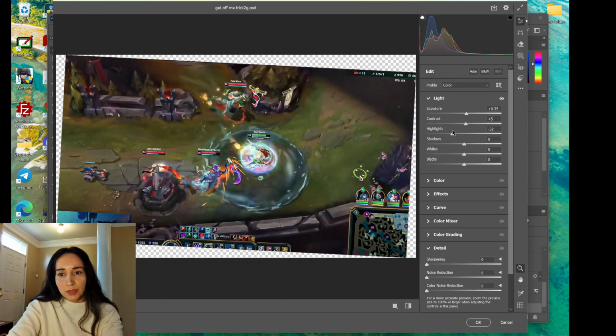Highlights, you kind of have to play with it, but usually you bring the highlights down. Shadows, again, just kind of play with it. But do know that like all of these, you don't change a lot. If you change a lot, it'll look obvious. Blacks. Okay, that looks good. And then we do